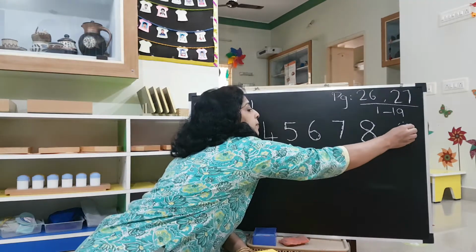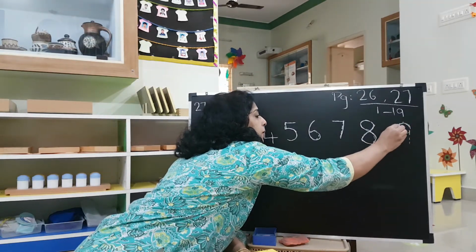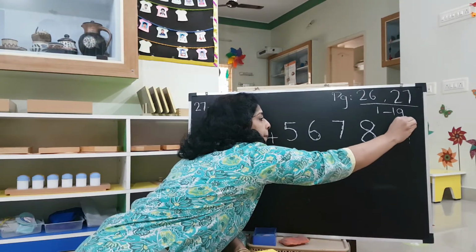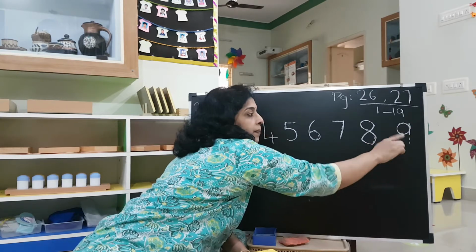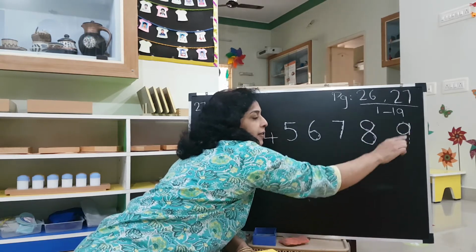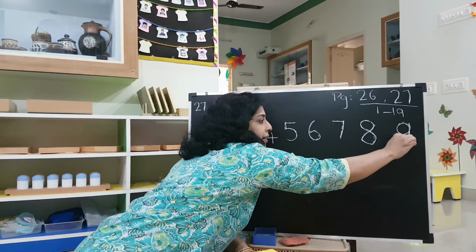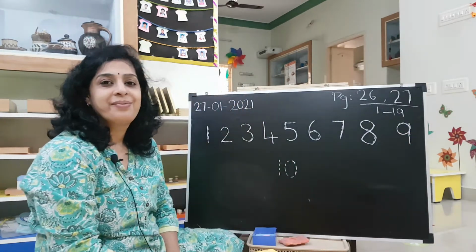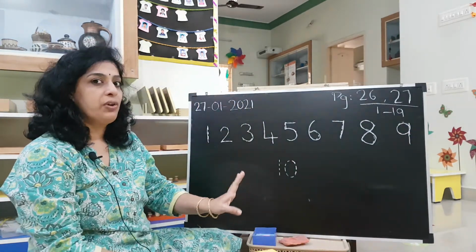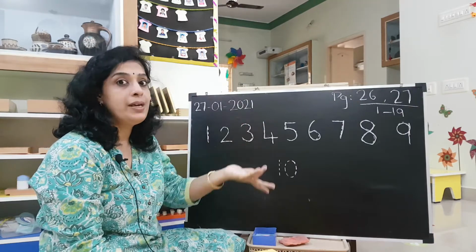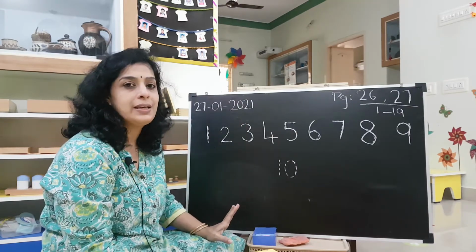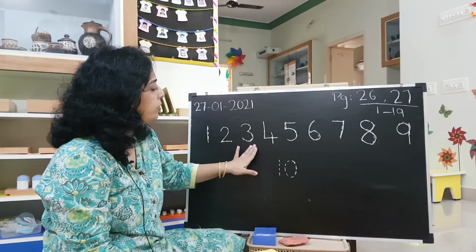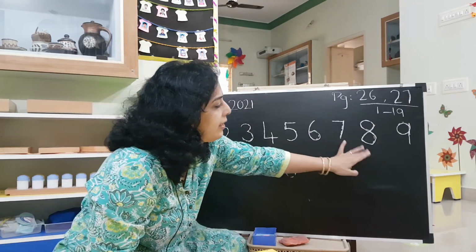Let's start. Go up, come down. Don't stop with that. Come further down. This A will become 9. So this also should be easy for you. You have already practiced A so many times. So writing 9 should be easy. So that's 1, 2, 3, 4, 5, 6, 7, 8, 9 and